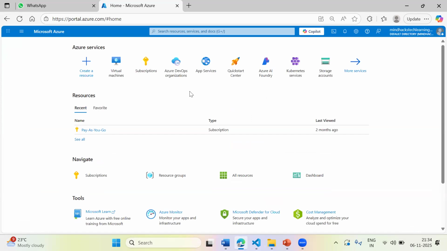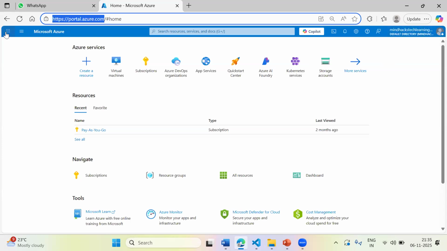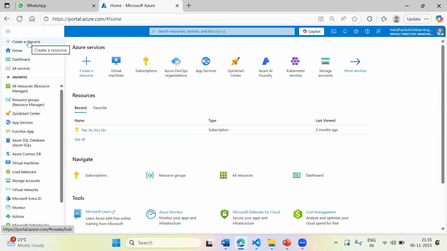To get the configurations of the Azure portal, we should first get the free subscription of the Azure portal. For that, you can log into portal.azure.com. Once you log in, you will get the option to sign up, so you have to sign up with your credentials. As soon as you sign up, for the first month you will be getting free credits, like 200 credit points, and you can utilize those credit points for service creation. Here, if we go into the resources,